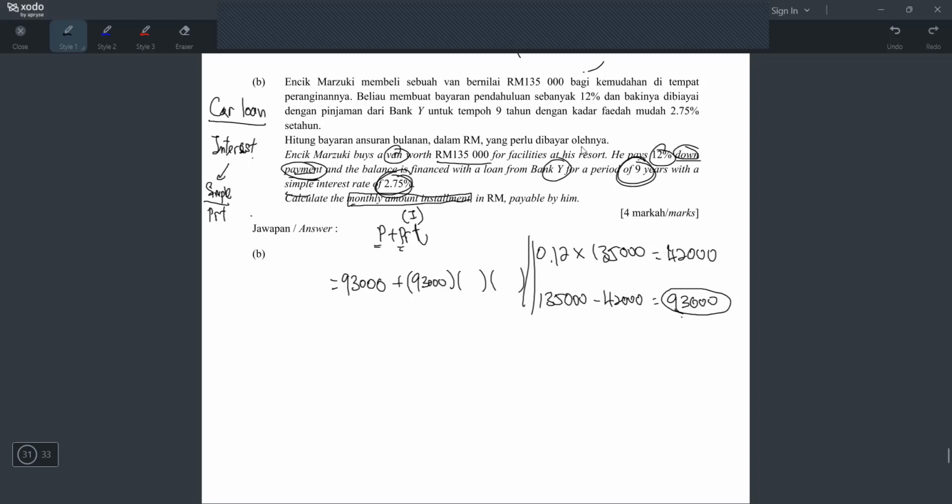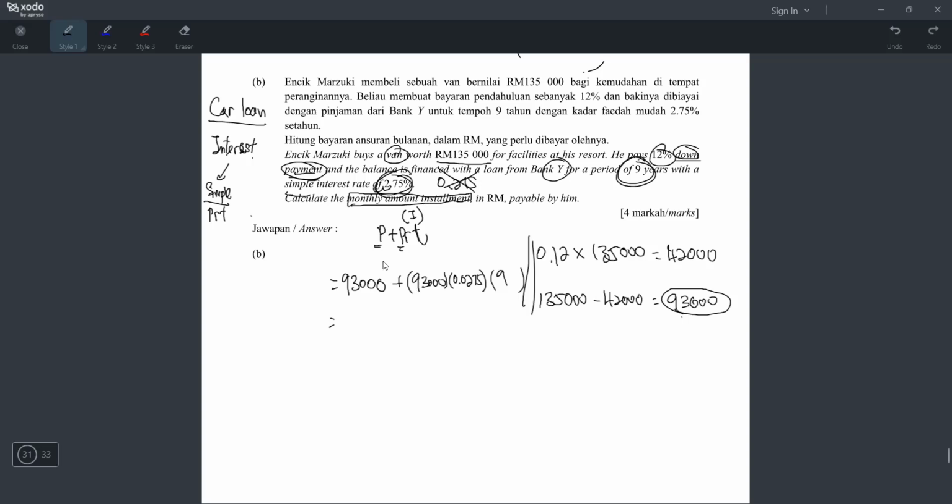Okay, what is the rate? The interest rate is 2.75. But I already mentioned, you must know how to convert to decimal. So 2.75 is 0.0275. Some students write 0.275, which is wrong, because 2.75 has to be divided by 100. So it's actually 0.0275. So be careful. And then the time is 9 years. Then you press this whole thing, and you get the correct answer. 93,000 plus bracket 93,000 close bracket, open bracket 0.0275 close bracket, open bracket 9. My calculator gives me 116,017.5.